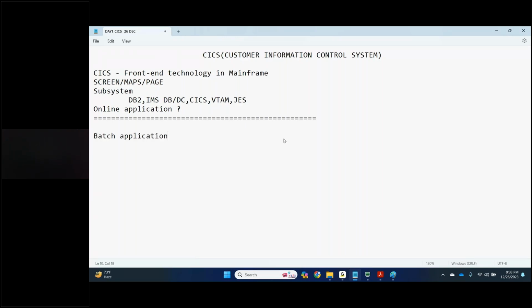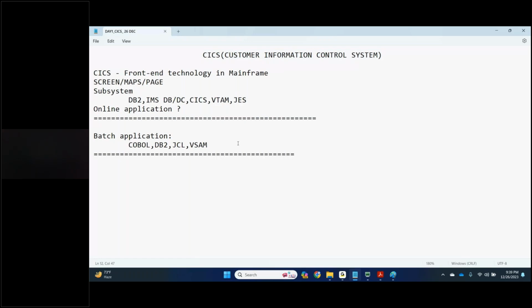In a batch application, you will get experience on COBOL, DB2, JCL, VSAM, but not CICS. Online application only comes when there is CICS or IMS DC.